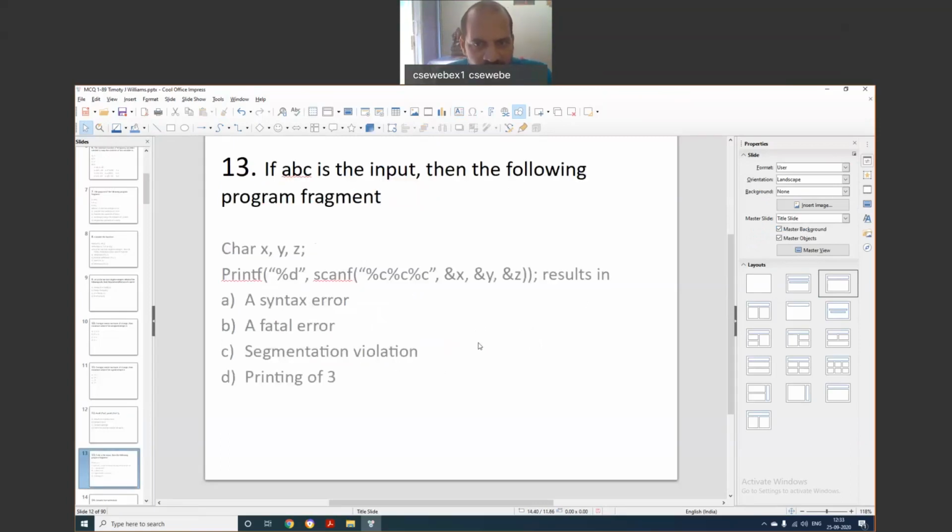Now, if ABC is the input, then the following program fragment. Yeah, I think error. I'll go through it once again and then I'll give you. Otherwise, maybe 3. I'll check it once.